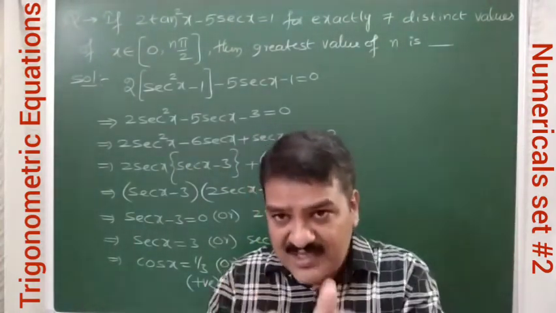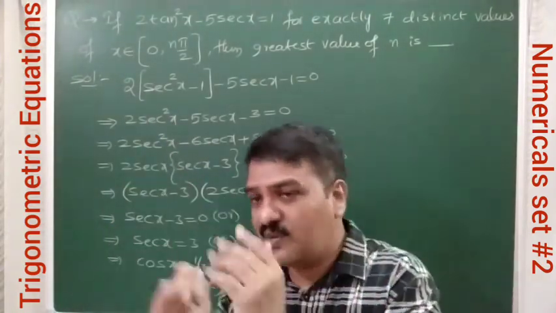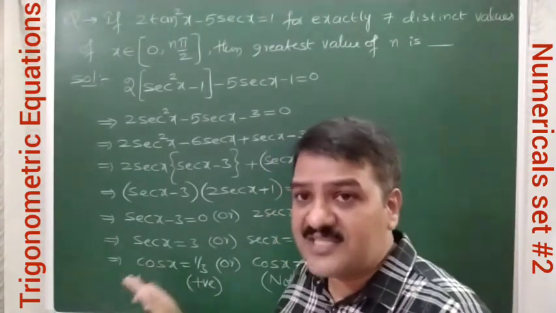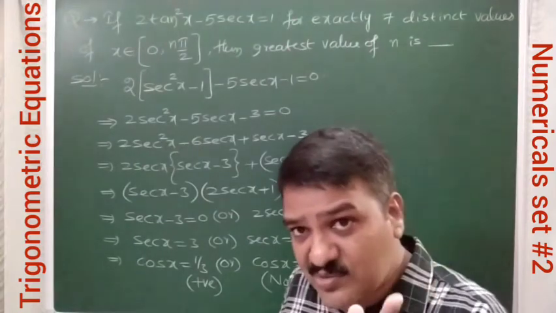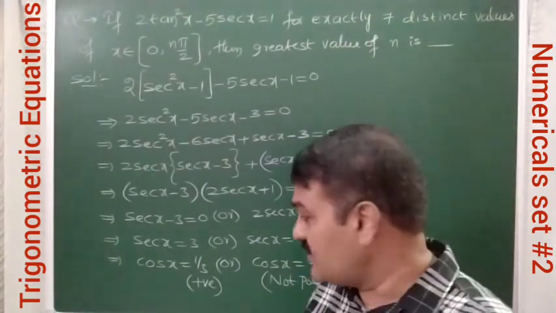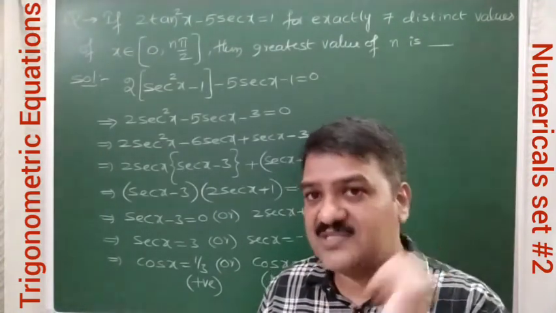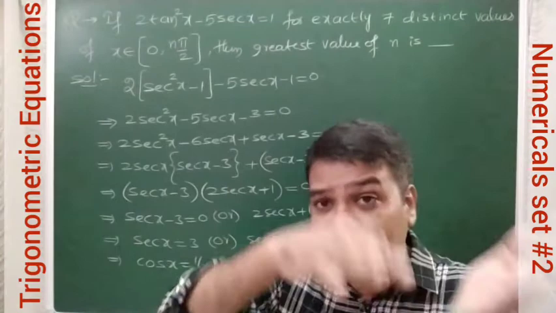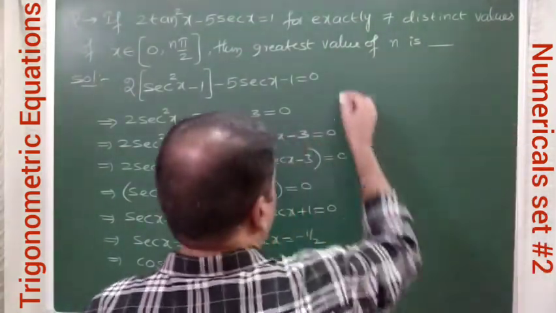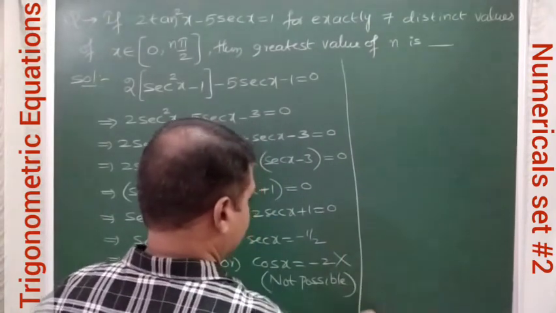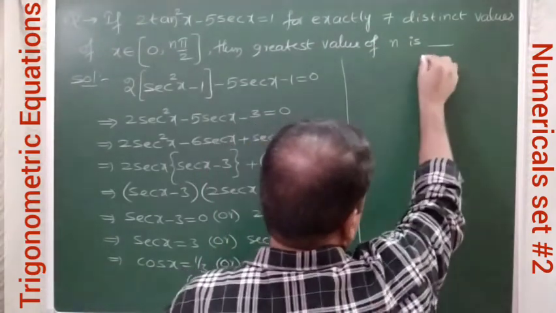That is, if you take 0 to 2 pi, that is one complete cycle. In the first and fourth quadrants, we have two distinct solutions. So cos x positive means in the first quadrant we get one solution and in the fourth quadrant we get one solution. Means two solutions will be obtained between 0 and 2 pi, that is for one circle. Okay, so let us write the solutions as in the first quadrant.